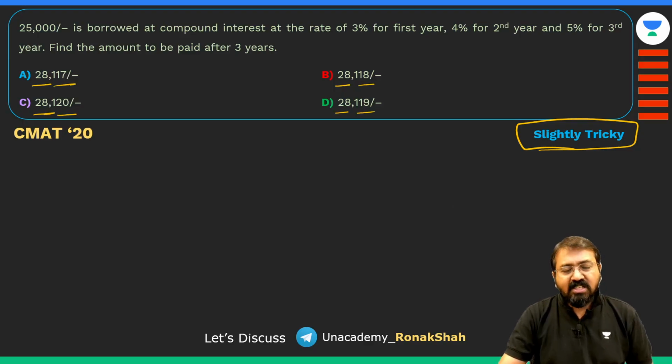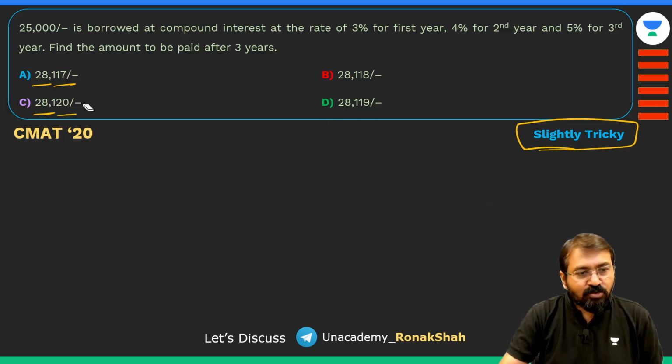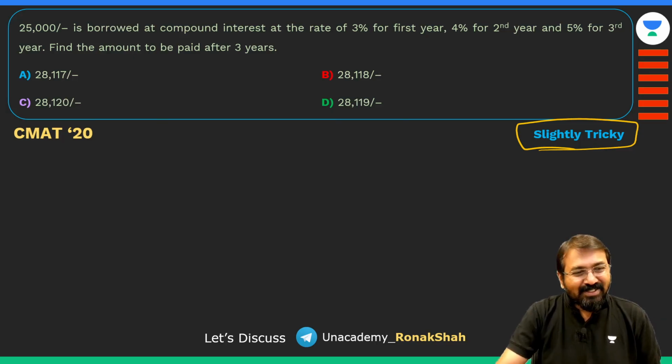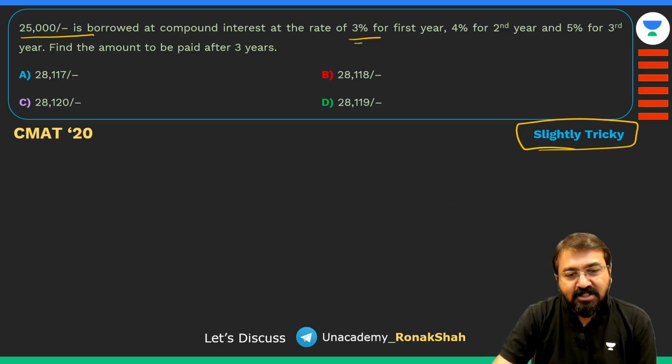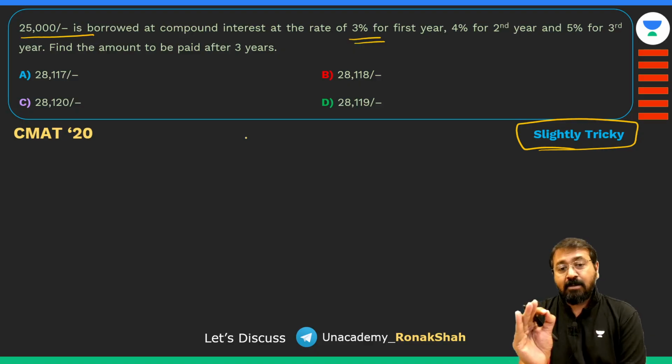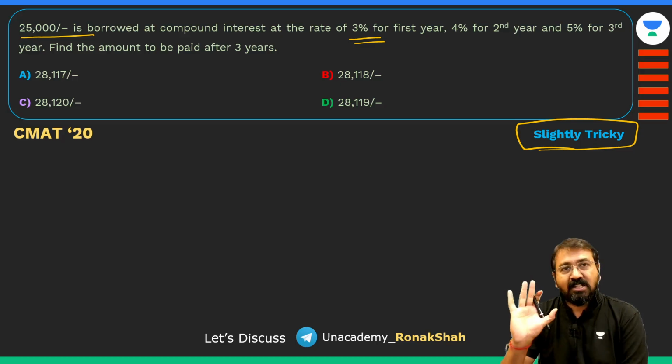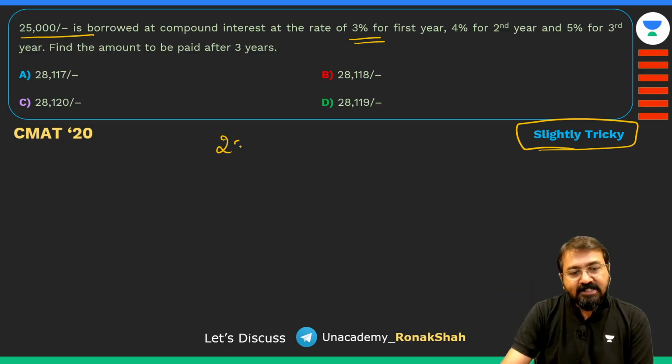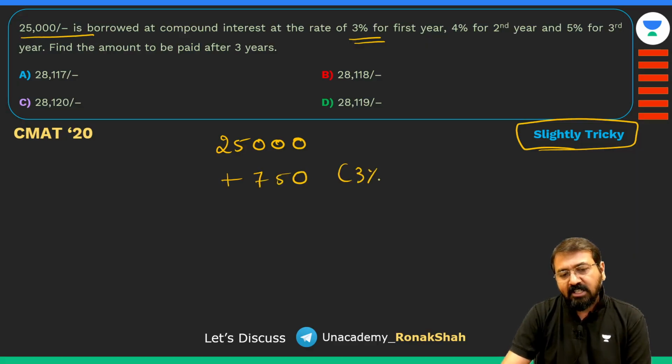ये क्या ऑप्शन है ना। चलो करते हैं इसको, कैसे करेंगे दोस्तों। So 25,000 is borrowed at compound interest at the rate of interest 3% for the first year. तो प्रिसाइजली कैलकुलेशन करना पड़ेगा, मतलब एकदम चिंदी की तरह एक एक रुपया ध्यान रखना पड़ेगा, आगे पीछे नहीं चलेगा, ठीक है। तो 25,000 ले लेते हैं दोस्तों, उसपे पहले साल का 3% इंटरेस्ट जोड़ दो। तो 25,000 का 3% कितना होता है 750, 3% इंटरेस्ट जोड़ दिया।